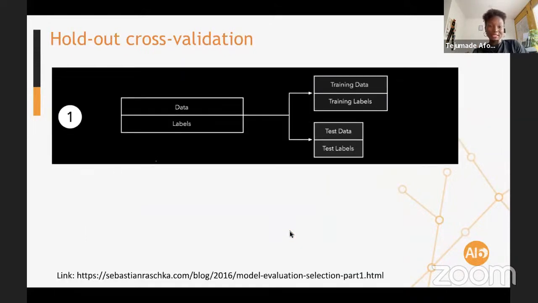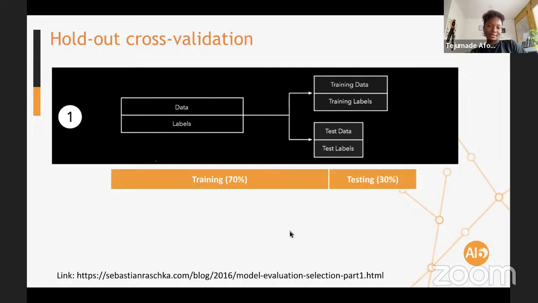Usually you have the data set, which consists of some features and a label if it's a supervised learning task. And then you need to set aside the training data and the test data. This could be like 70-30%. So you have a holdout cross validation.